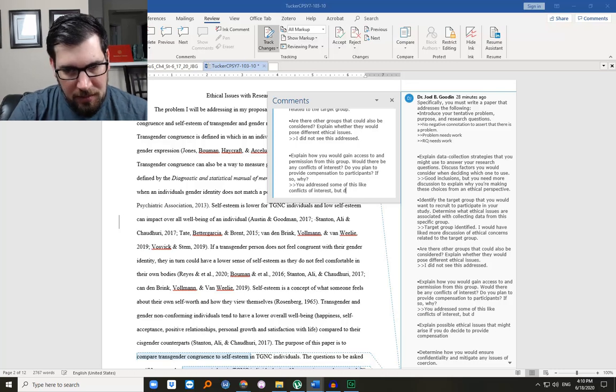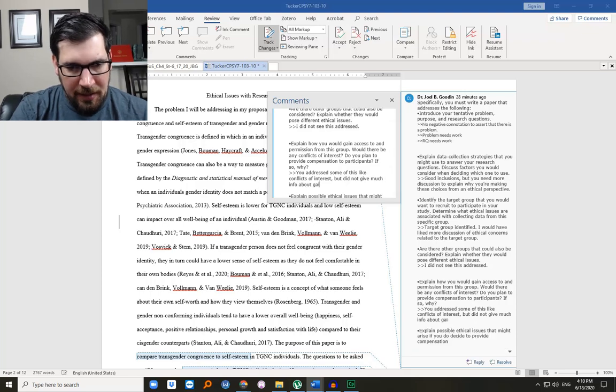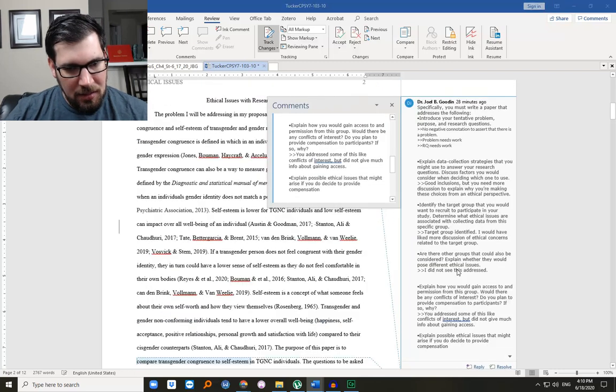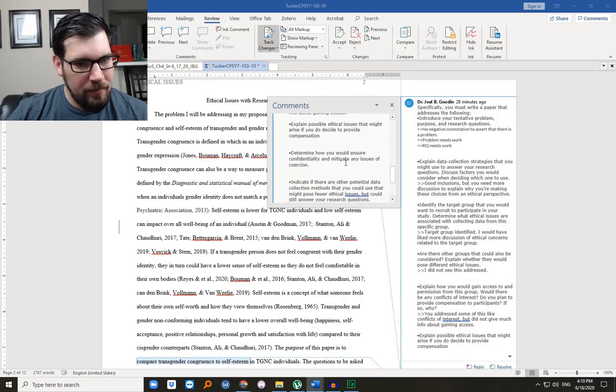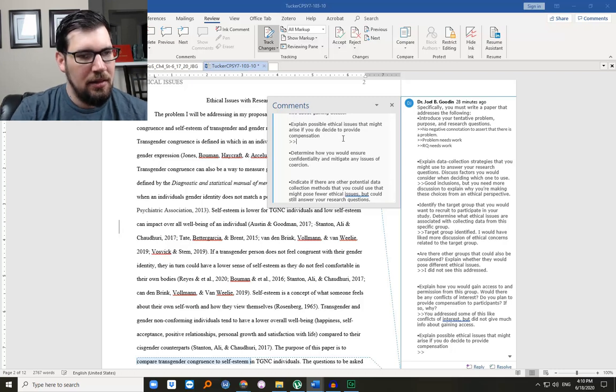But did not give much info about gaining access. They did say they're not going to provide compensation, so that's good. Explain possible ethical issues that may arise if you do decide